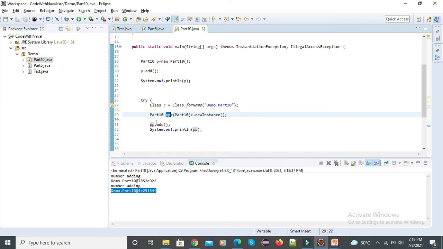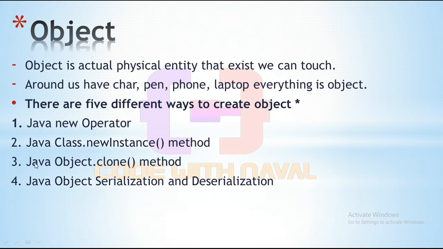Let's save this. Now we have a third approach. Let's discuss the third approach, Java object clone. We simply clone an object, but for cloning an object we require something to copy. Let's consider your friend's notes. Before you copy, your friend should write their notes, and only then can you copy your friend's notes. So in this case also it's the same scenario. First we have at least one object, and only then can we clone that object.